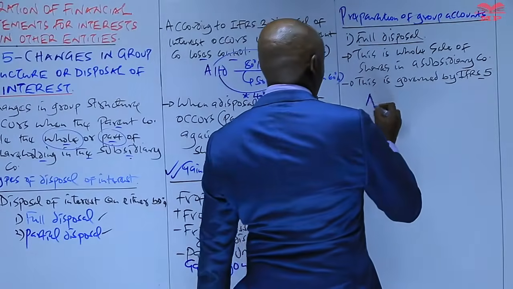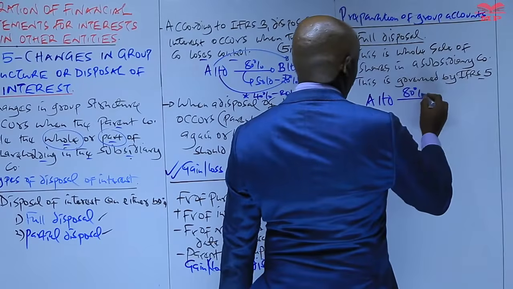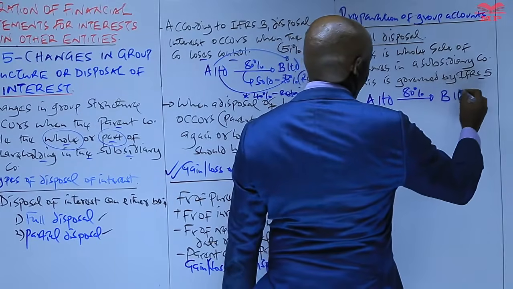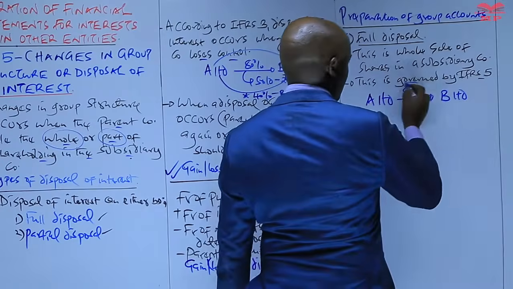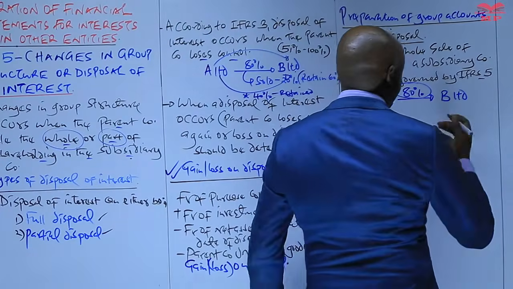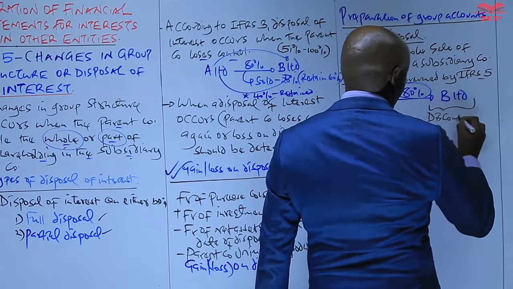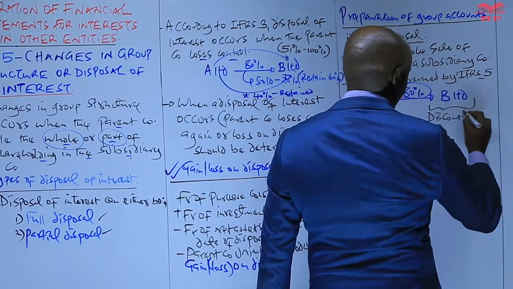Assuming we are told A Limited had acquired 80% shareholding in B Limited, and the parent company sells all these shares, then this particular subsidiary is a discontinued operation,